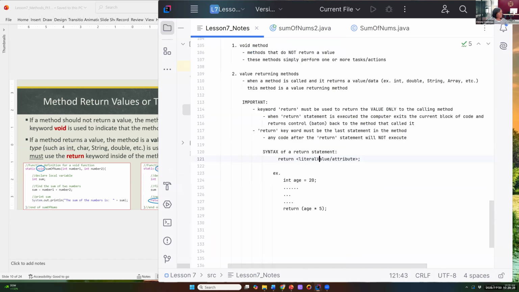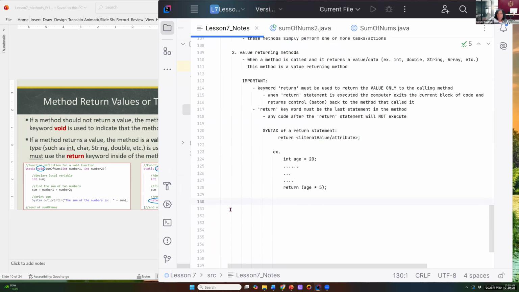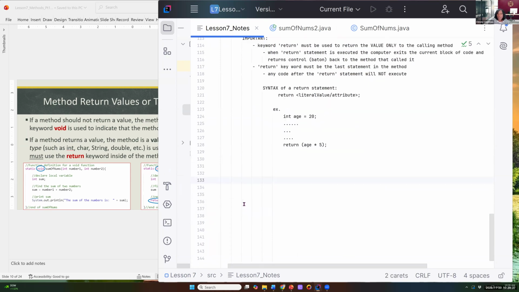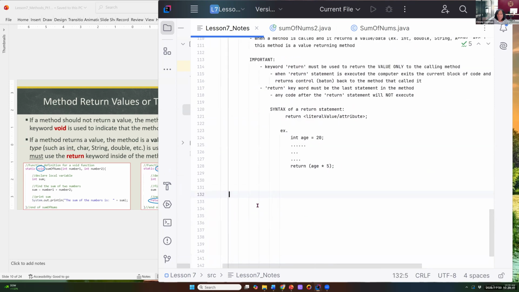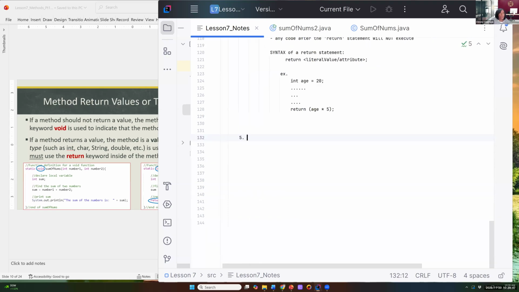Let's go back to your notes, if you would, please. If there are no questions, we're going to look at some more examples, I promise. But let's go back to where we left off. We're going to pick up here. Let's go to the fifth idea. The fifth idea that I want to bring to your attention,